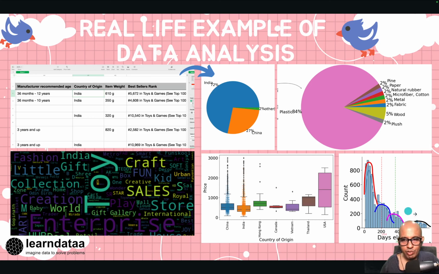Likewise, there are other visualizations, as you can see, of what country the price of the toys is high or low. We can see that the variability of prices in the US is much higher. The big box is there, and then the variability in the price is much smaller in the case of Canada in this data set. And finally, on the right hand side, we see